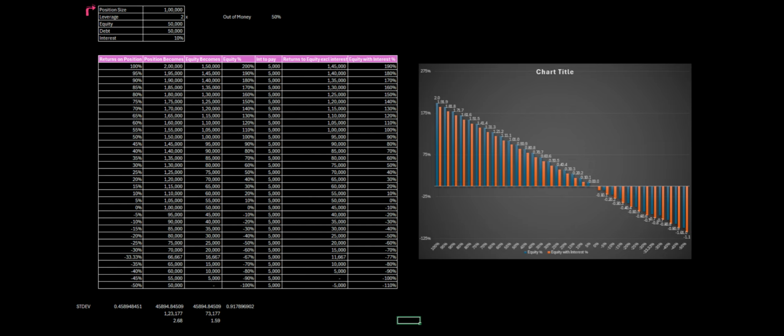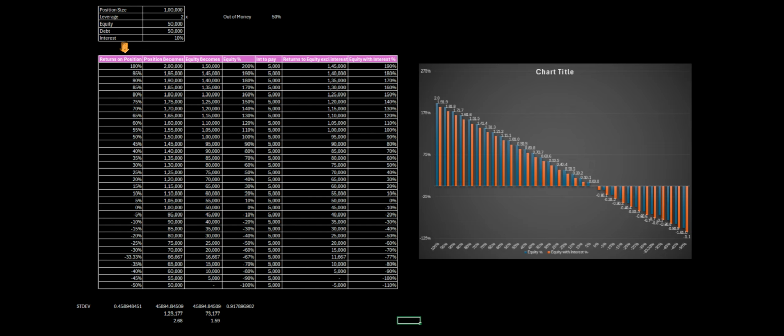Suppose you have taken a position of 100,000 rupees. This is the total investment value. Now if you see, leverage is 2x, meaning our equity is 50,000, basically position divided by leverage. So the rest is debt, which is 100,000 minus 50,000. And there are no free lunches in life, meaning we have to pay interest on the debt, which is 10%